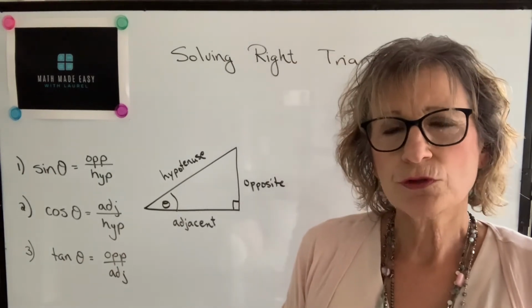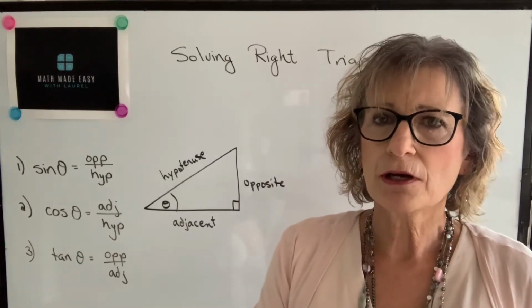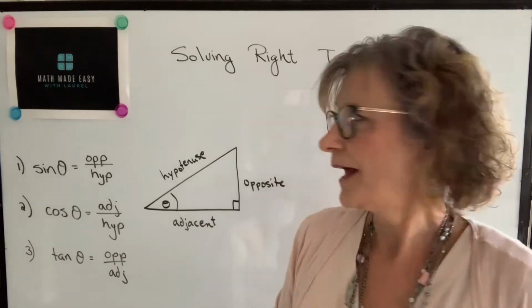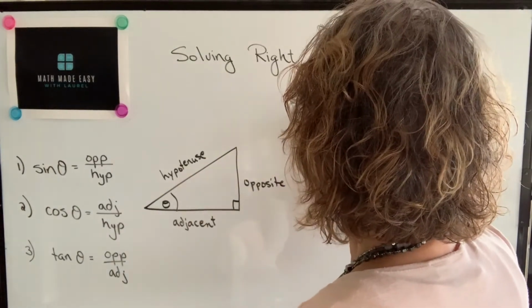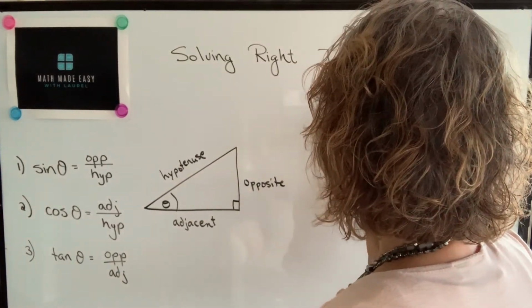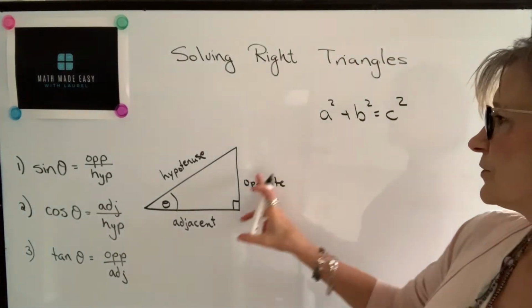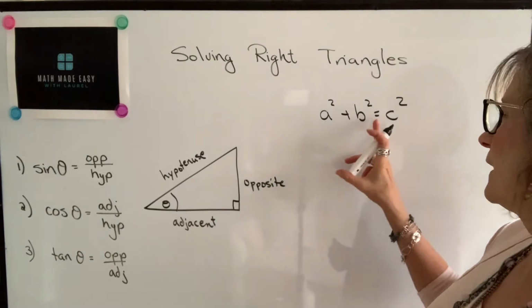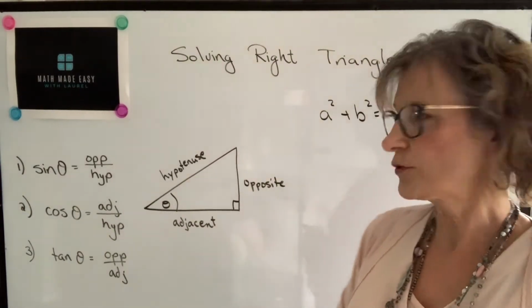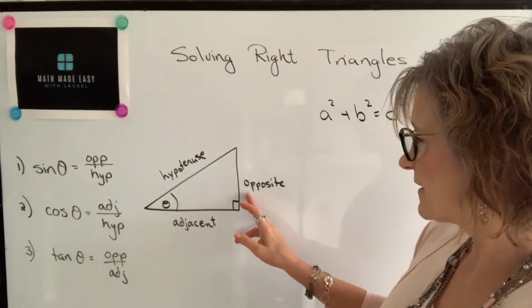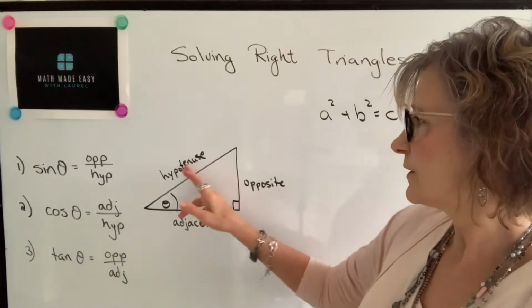You will also use your right triangle theorem, which we talked about in a previous video. And that theorem is the sum of the squares of the two sides will equal the square of the hypotenuse. So if this side is A and this side is B, A squared plus B squared is equal to C